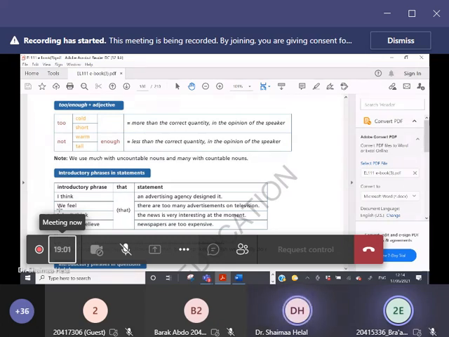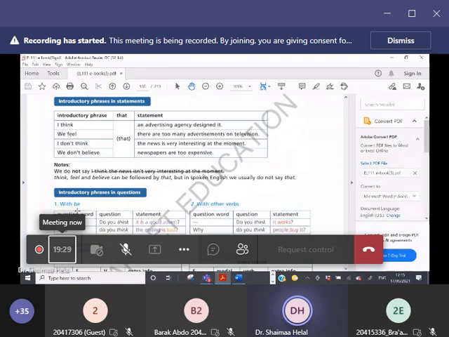So the main point here is that you have a statement and you want to use an introductory phrase for your statement. So put your introductory phrase plus "that." So you can say, "I think that," as a speaker, "we feel" if you are talking about something as a group, "I don't think so," or "I didn't think that the news," "we don't believe." All of them are related to the speaker.